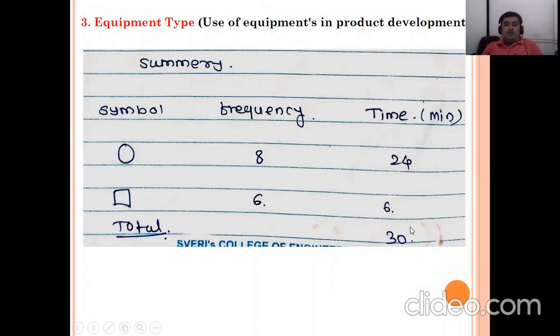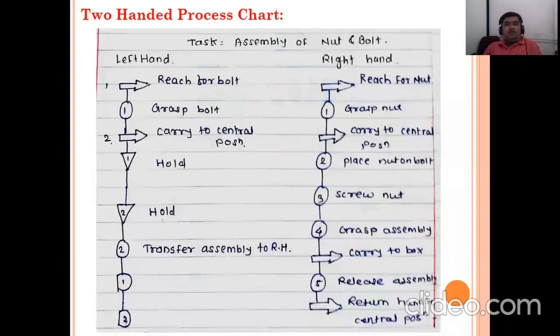So one job is completed within 30 minutes, or half an hour. Is it right? So this is the equipment type. It is similar to the operation process type or operation flow chart.